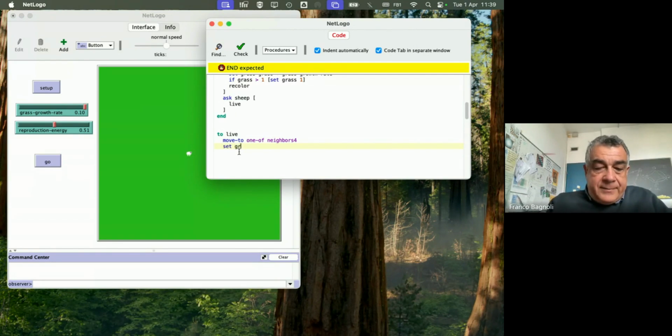So set energy energy plus grass, set grass to 0, and then maybe they can reproduce: if energy greater than reproduction energy, they can hatch